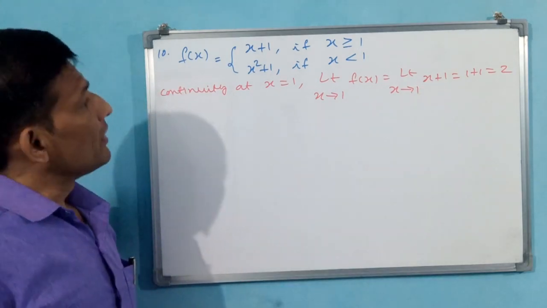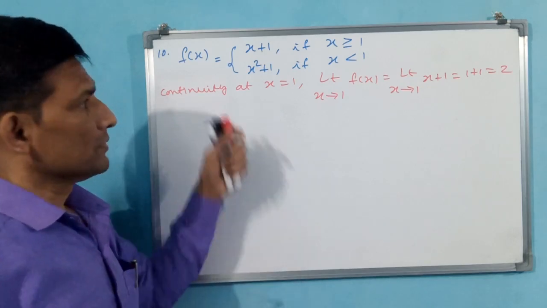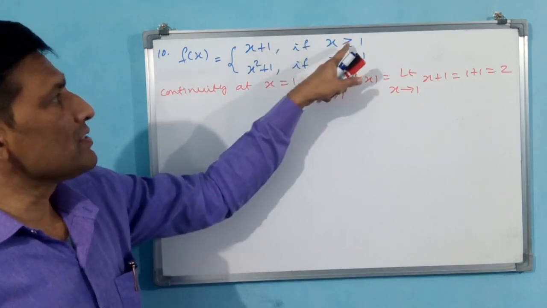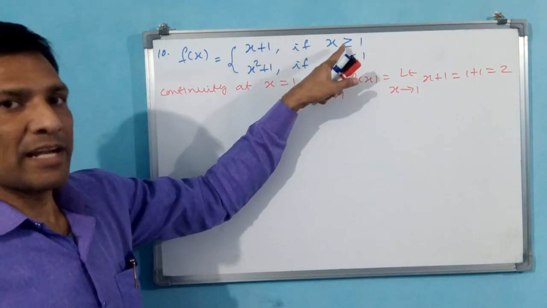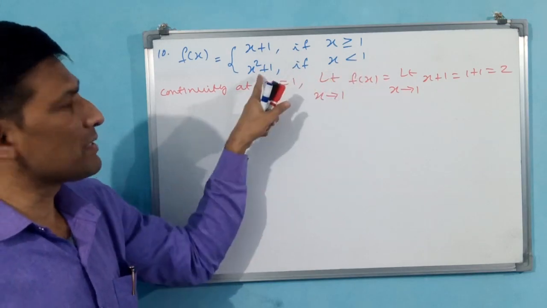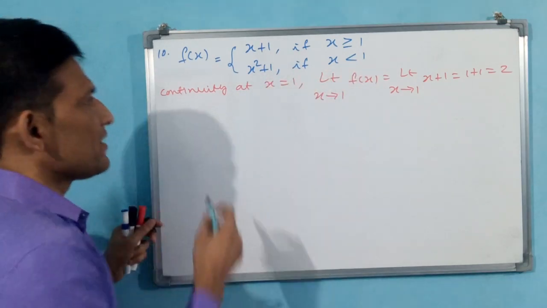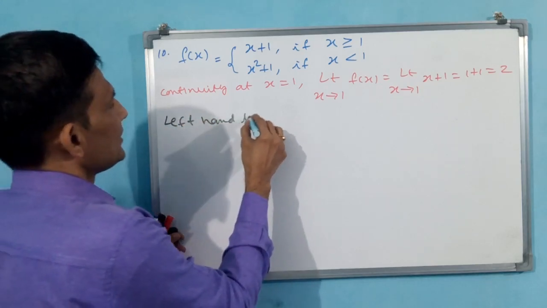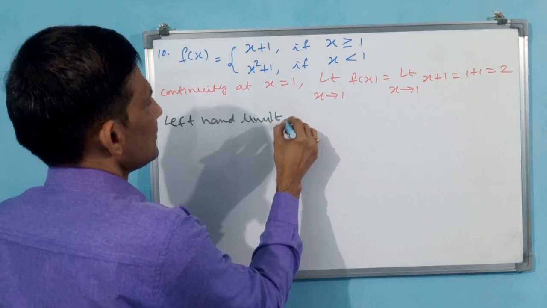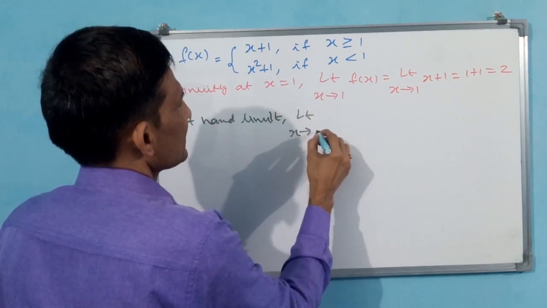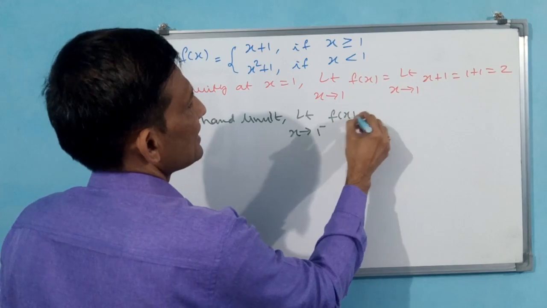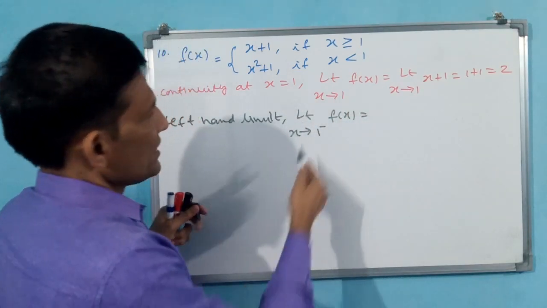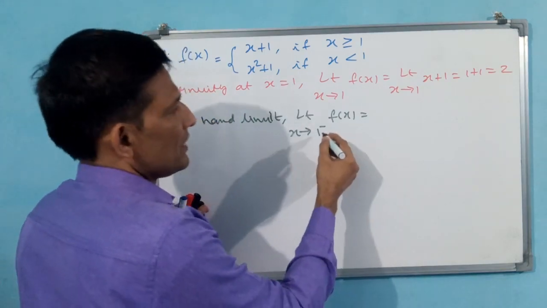Now see, equal to and greater than this one means you need not find a right hand limit. You have to find only the left hand limit. Less than 1, some other function is there. Okay? Write down the left hand limit: limit x tends to 1 minus f of x is equal to,